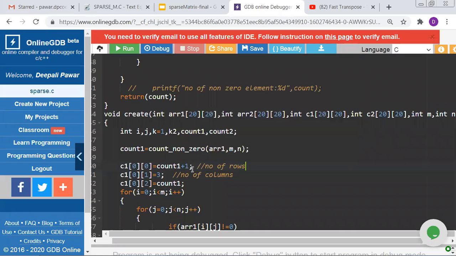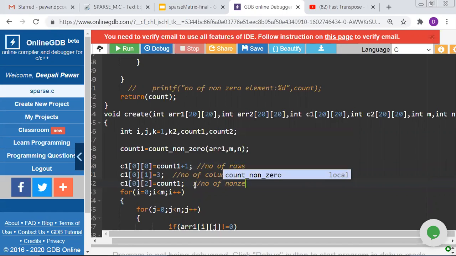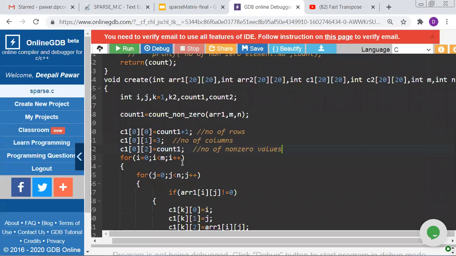ये कोड को बहुत अलग अलग वे से रिप्रेजेंट कर सकते हैं, नंबर ऑफ रोज, नंबर ऑफ कॉलम्स, एंड दिस इज व्हाट, नंबर ऑफ नॉन जीरो वैल्यू। ओके, तो ये हम लोगों को स्टोर करना है, दैट्स व्हाई वी आर क्रिएटिंग this function. Okay, so number of non-zero values we are going to store here. Okay, उसको स्टोर किया। स्टोर करने के बाद हमें क्या करना है, अभी अभी हमें पहला वाला रो तो हमारा कंप्लीट हो गया, जिसमें नंबर ऑफ रोज, नंबर ऑफ कॉलम, नंबर ऑफ नॉन जीरो वैल्यूज हमने स्टोर किए हैं।